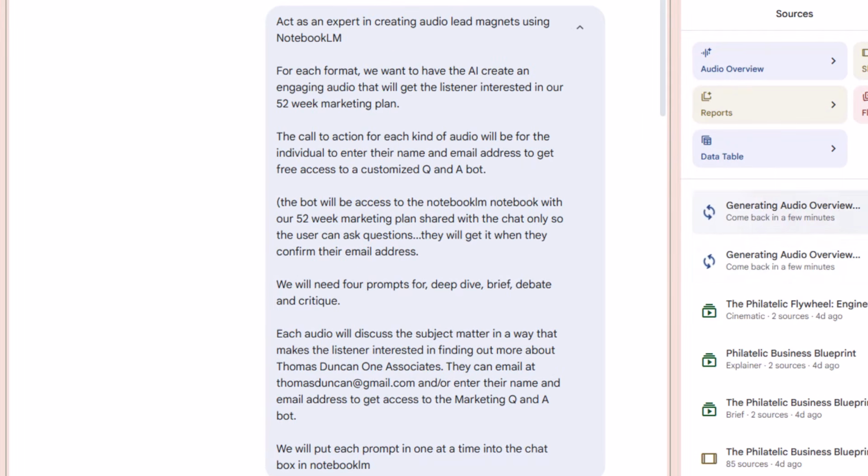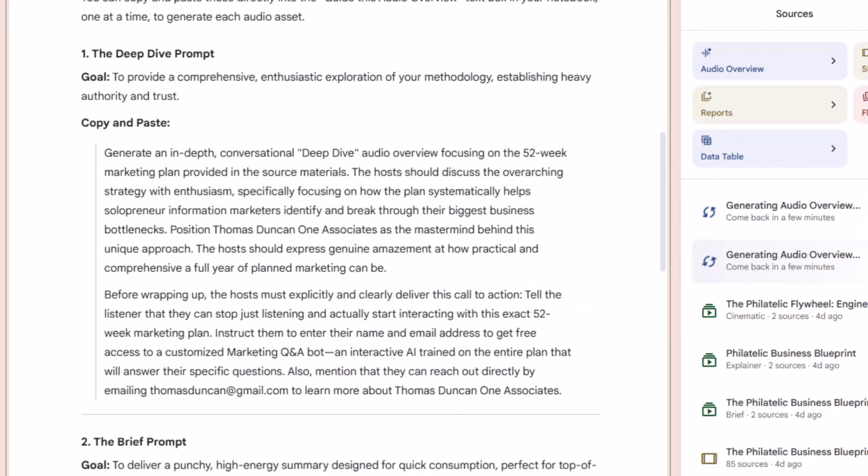We want Gemini to turn each format into a lead magnet audio. And to do that, we will need 4 separate prompts to put into NotebookLM. Gemini has given us the prompt for the deep dive. And so we placed the prompt for the deep dive into the chat, and the deep dive has begun its